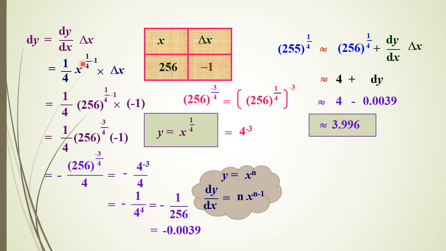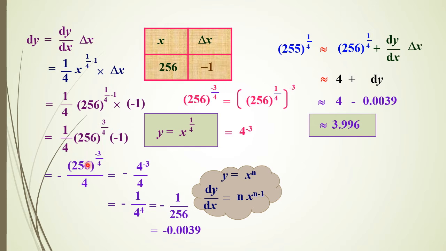Now after finding the LCM of 1 by 4 minus 1: 1 ones are 1, 4 ones are minus 4. 1 minus 4 is minus 3 divided by 4. So after finding the LCM, we get this much. Next, 256 can be written as 4 to the power 4 whole raised to minus 3 by 4. The 4s are gone, then 4 to the power minus 4 will be remaining.